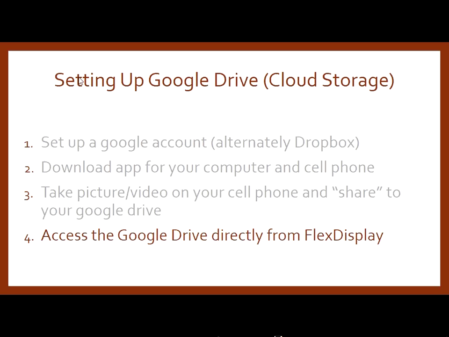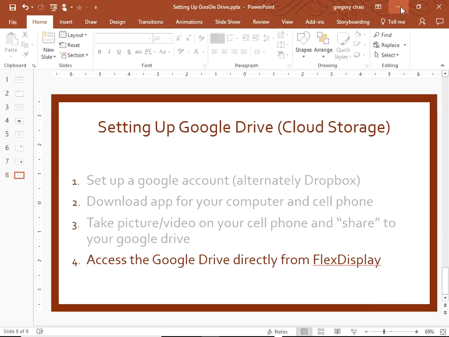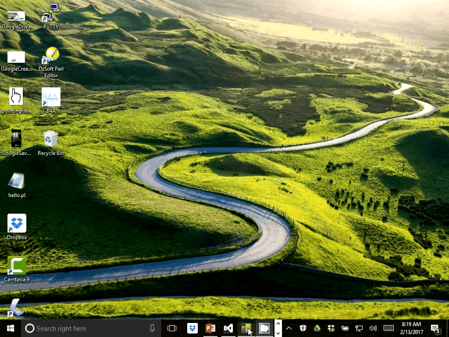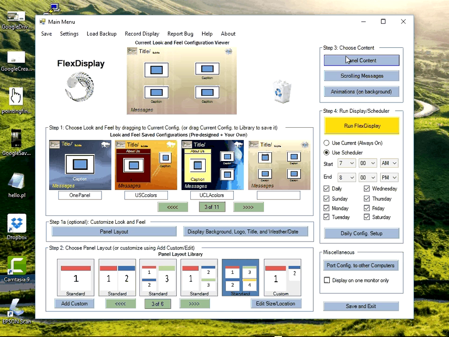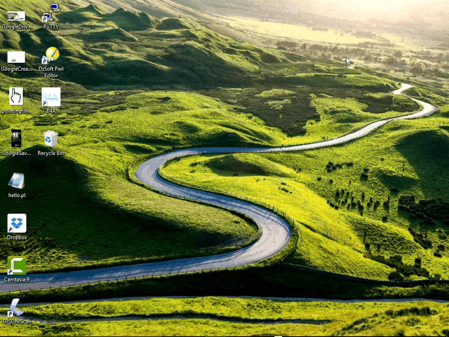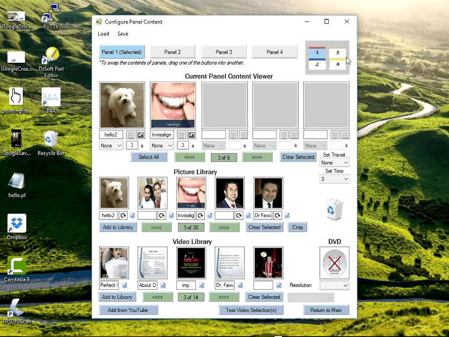Okay, now you've loaded your picture onto Google Drive. The next step is just to access it from FlexDisplay, and let me show you how to do that. So let me pull up FlexDisplay. On your main menu, you want to hit Panel Content, and depending on whether you uploaded a picture or a video, so here you would add to library a picture or a video. So let's try add to library here on a picture,